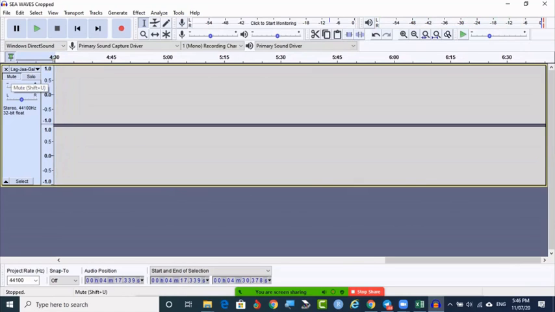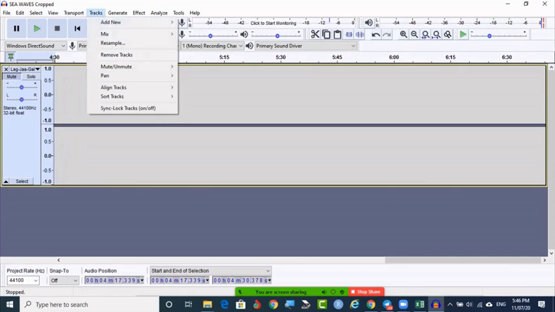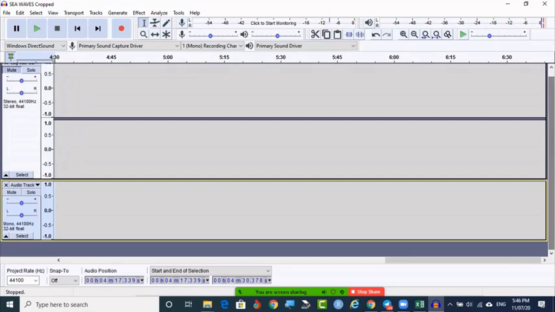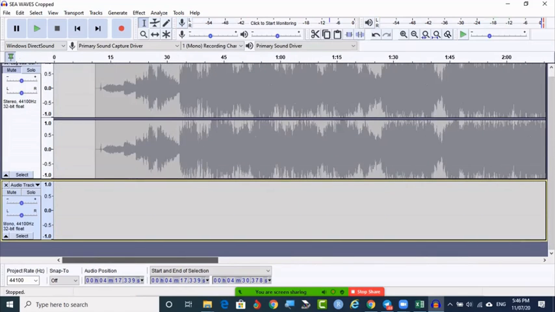Now I am muting this, adding one more track, add a new track. This is muted. So this track, you just click the track so that the recording is going to be placed on this track. If you're not clicking, the new track also will be opening. Your voice will be recording in the new track. Okay. So instead you have to click that. You can start. Click on the recording button.